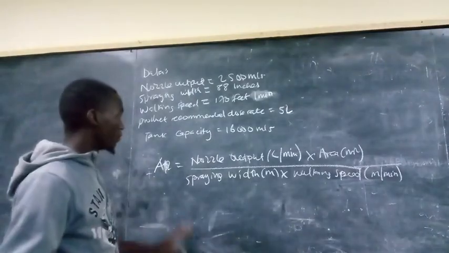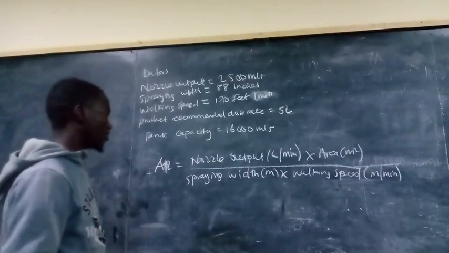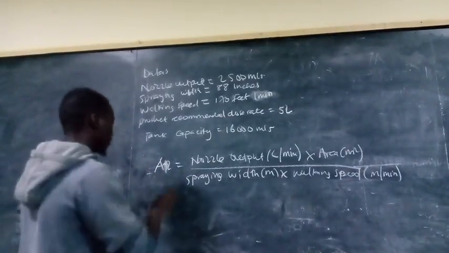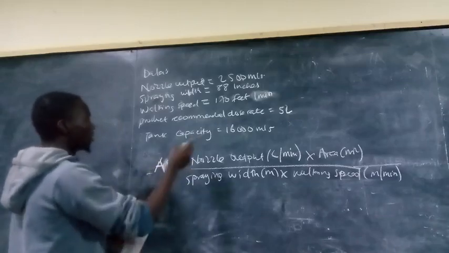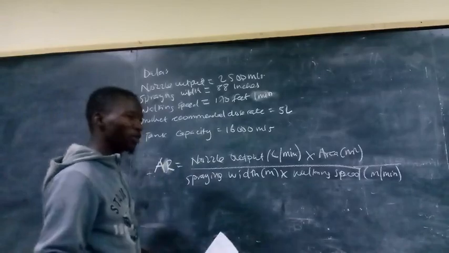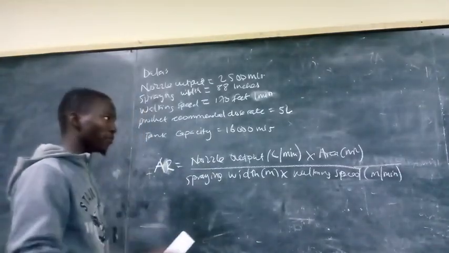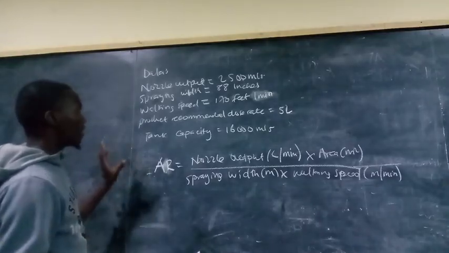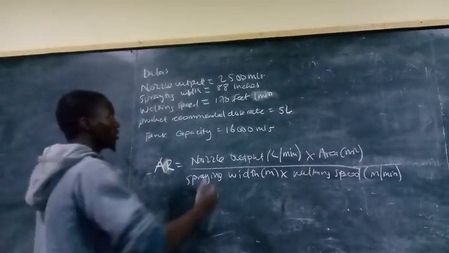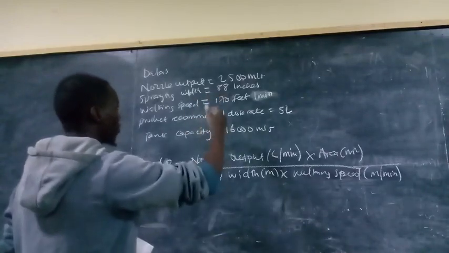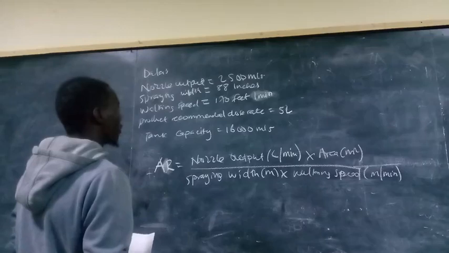Joseph Mbora. Just want to take some calculations for application rate. Application rate has to do with a chemical, liquid, all those issues that you may have to apply in the field. Given that the nozzle output of the equipment that you are using is 2500 mils,